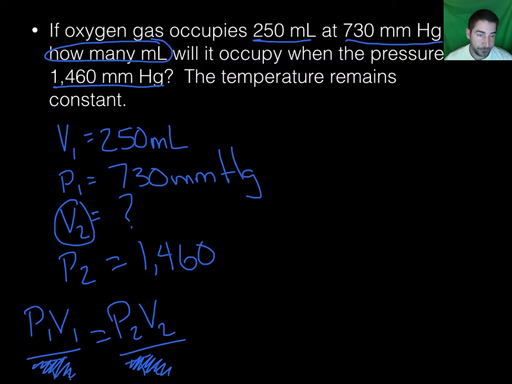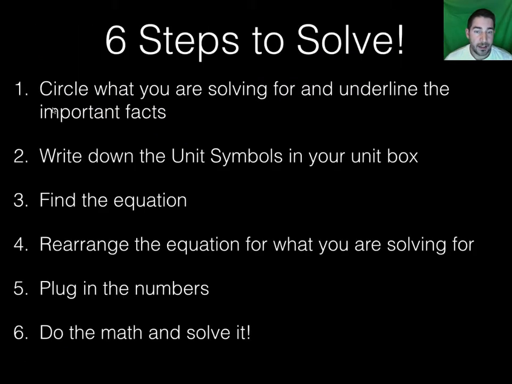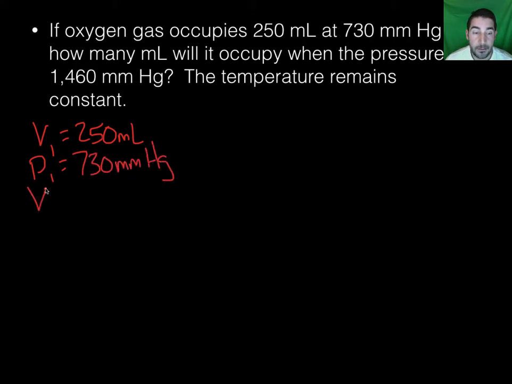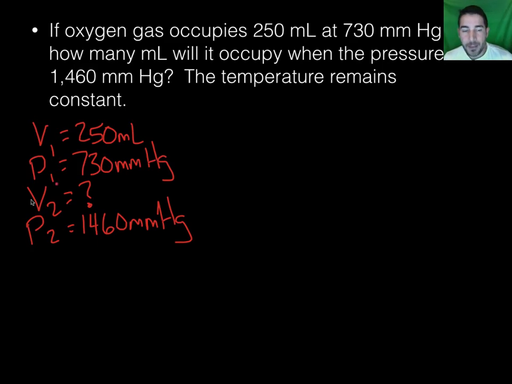If I look back at this, I am right here: find the equation. Then I'm going to rearrange the equation to what we're solving for, okay? So once again, we had V1 equals 250 milliliters. P1 equals 730 millimeters of mercury. V2 is our question mark, and P2 is 1460. We also know that